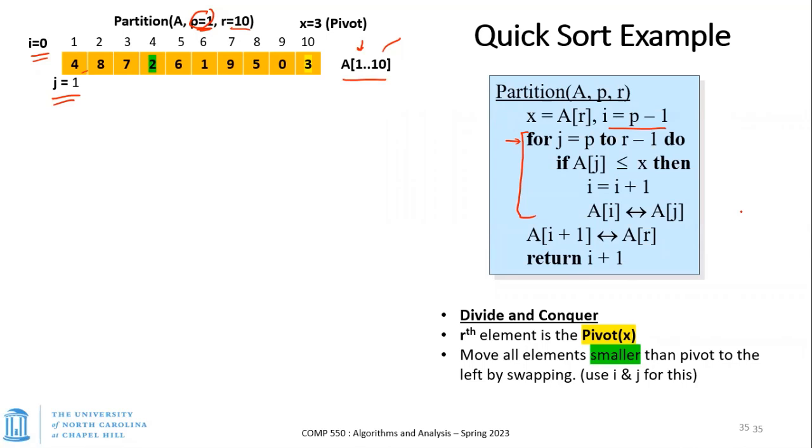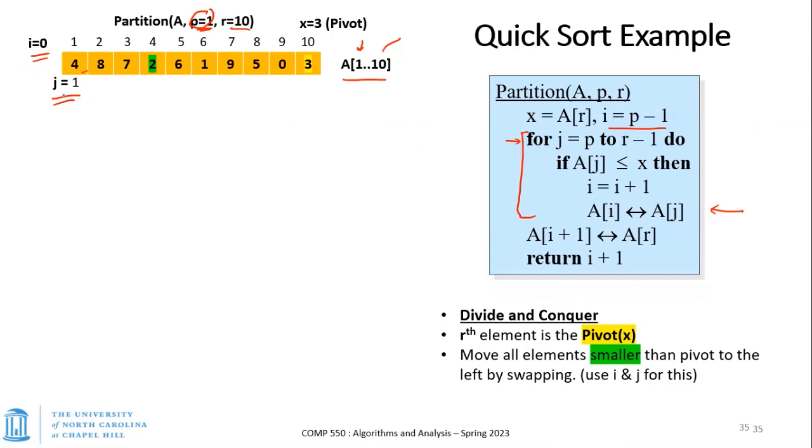Yes, I'm sorry, that's a notation which we haven't introduced. That's simply going to exchange. It's going to swap A sub I and A sub J. All right, so what we're doing over here is we're going to now start with I equal to 0, and